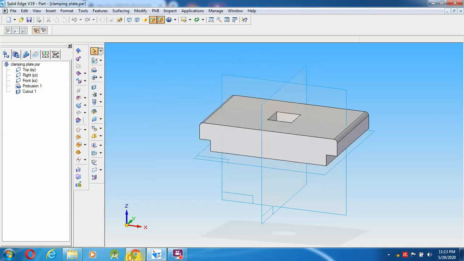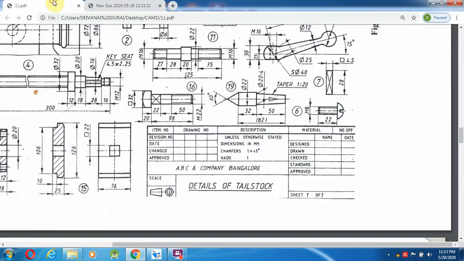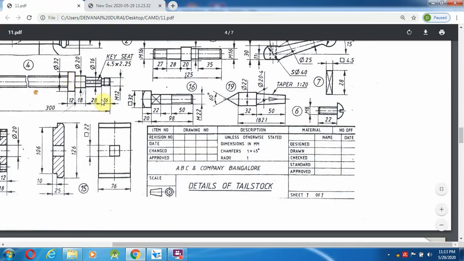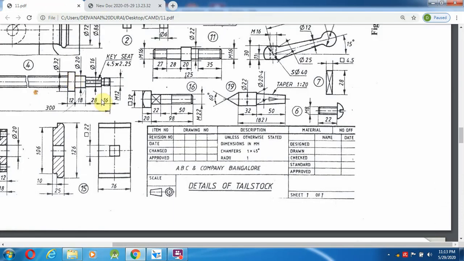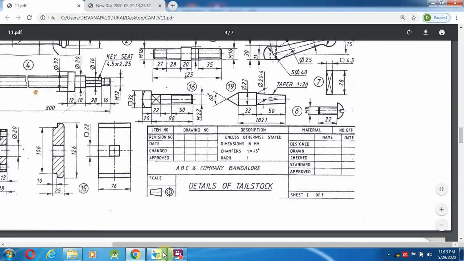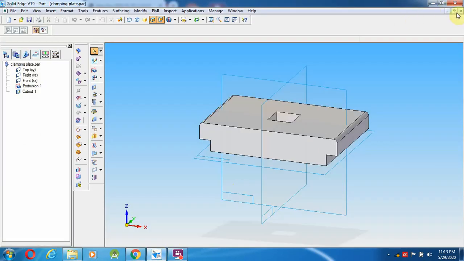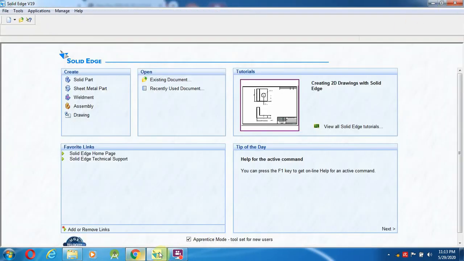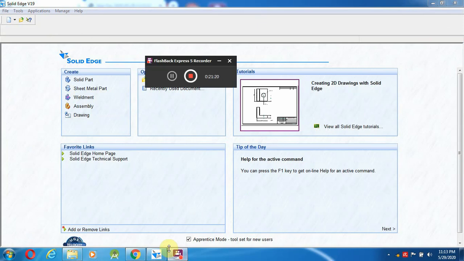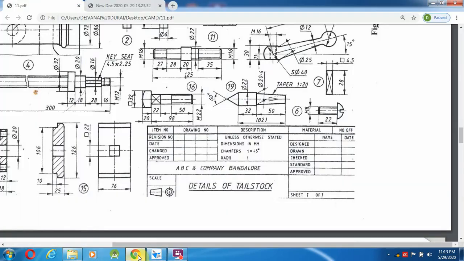Okay, so almost the component has been created over here, whatever dimensions they have given. So after creating this, we will close. So only 21 minutes is over.